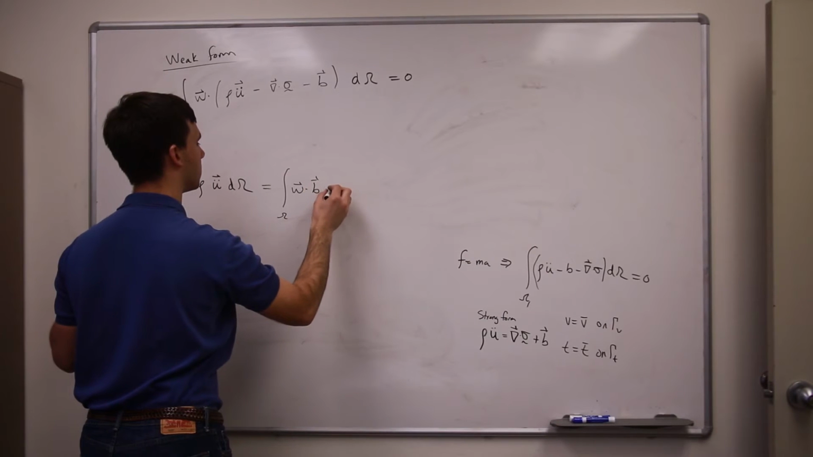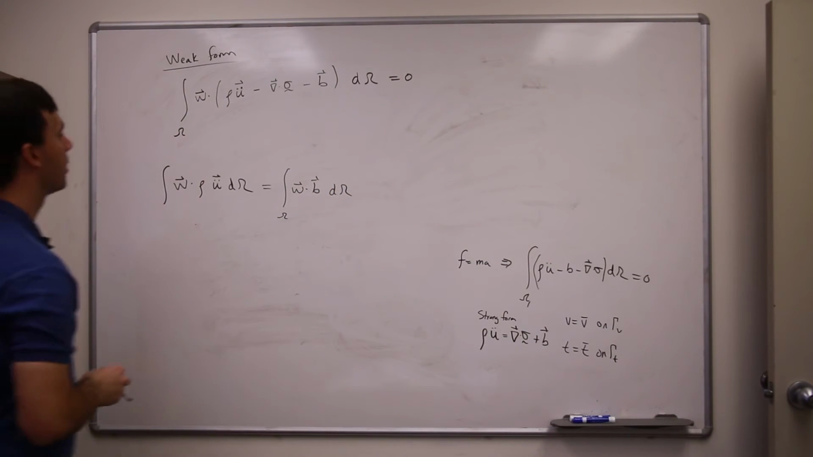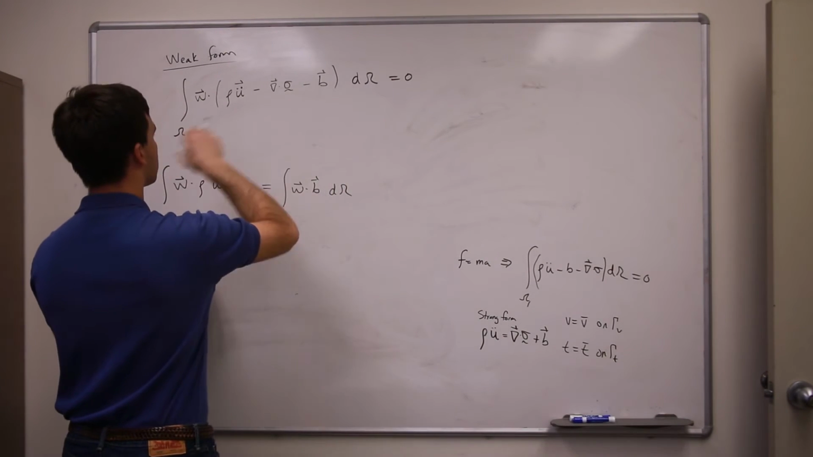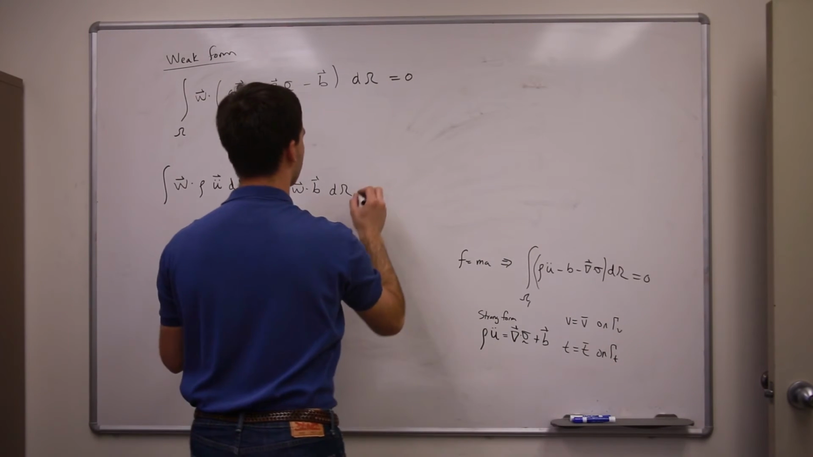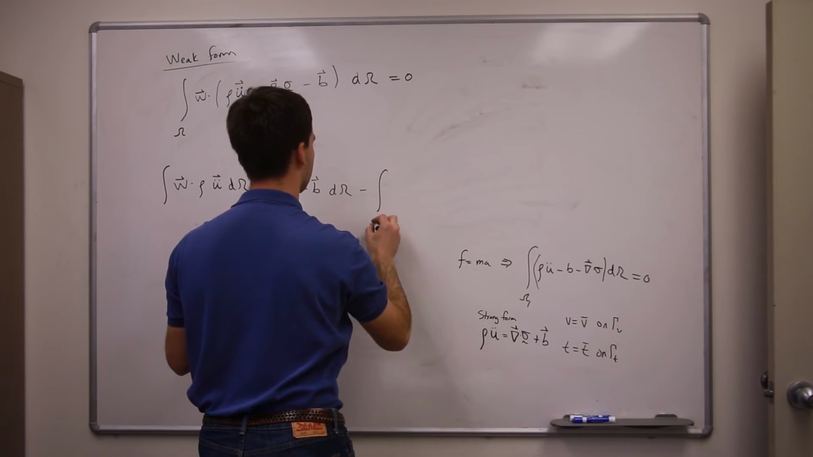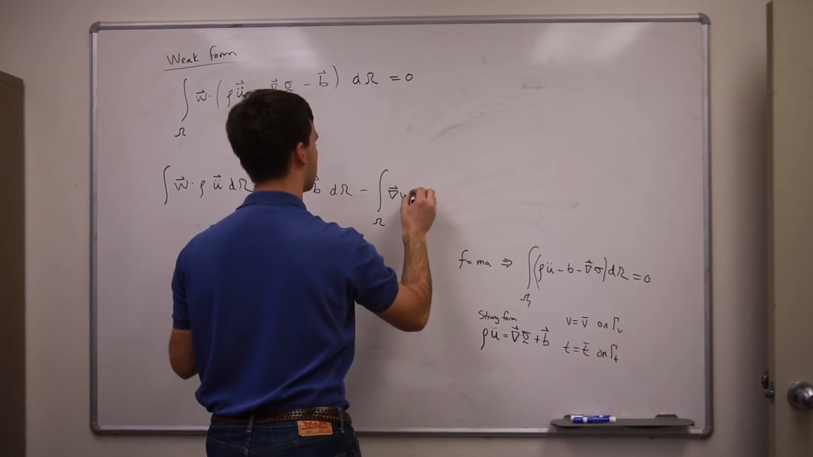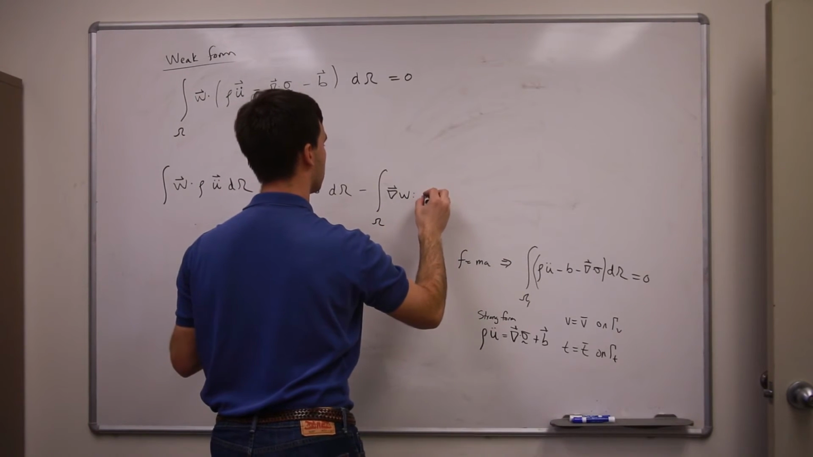Omega dot body force integrated over the domain. And then this one is the one we have to play the trick on. So this would be positive on this side, but after integration by parts, the term that's left over is going to look like this: the gradient of the test function dotted with the stress,